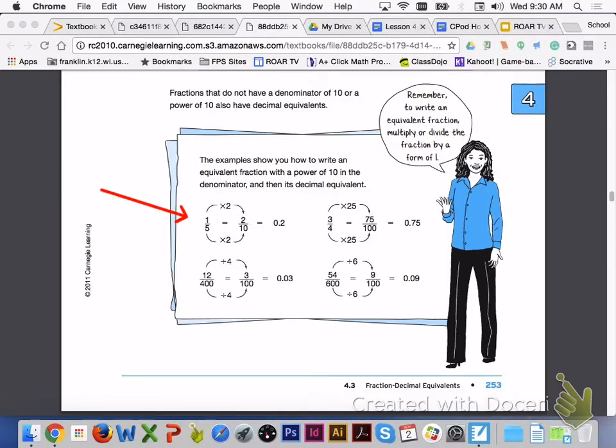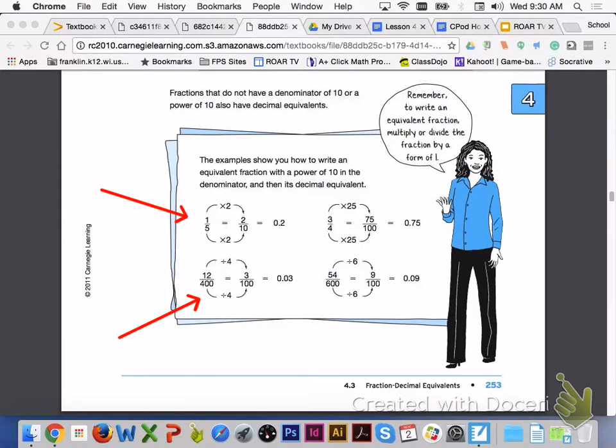In the first example, I have the fraction 1/5. If I multiply by the fraction form of 1, 2/2, I can get the equivalent fraction of 2/10. 2/10 then can be written in decimal form. Writing it with the denominator of 10 can help me put the fraction into decimal form a little easier. If I look at my second example, 12/400, I can divide by the fraction form of 1, which is 4/4, to get 3/100,